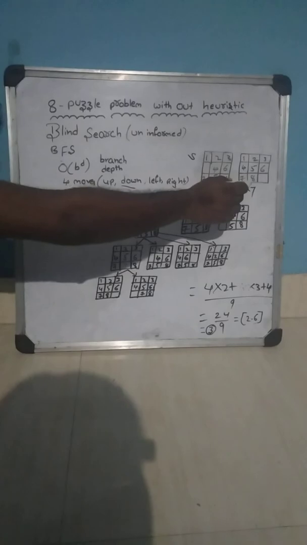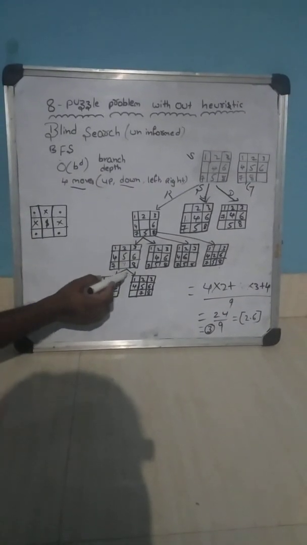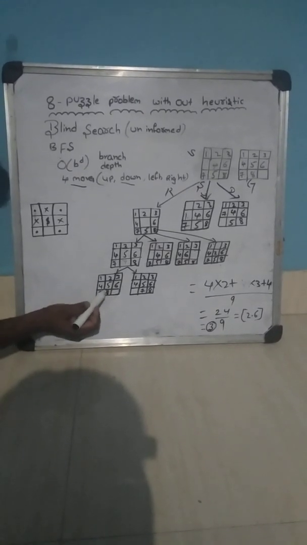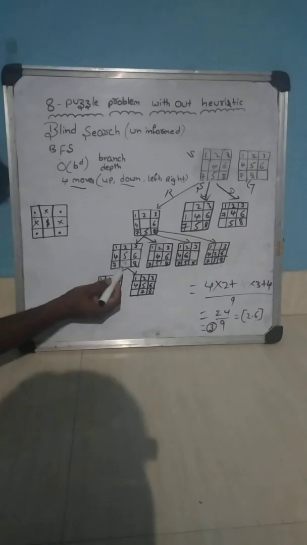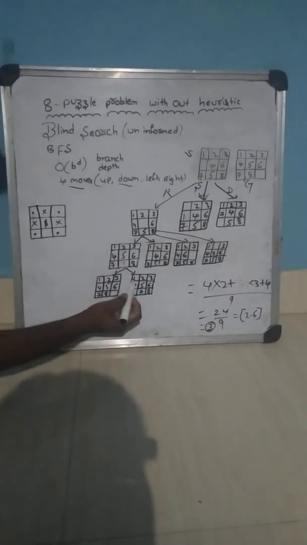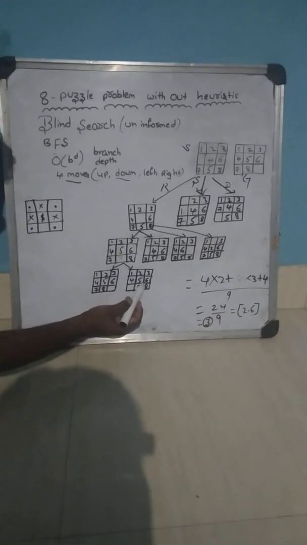So almost we are reaching the goal node here. So how to do it? We can again follow the left method. So I can apply the left operation. So we will get 1, 2, 3, 4, 5, 6, 7, 8. Just I am moving left here. Then again left here. And again we can follow the same thing: 1, 2, 3, 4, 5, 6 and 7, 8.